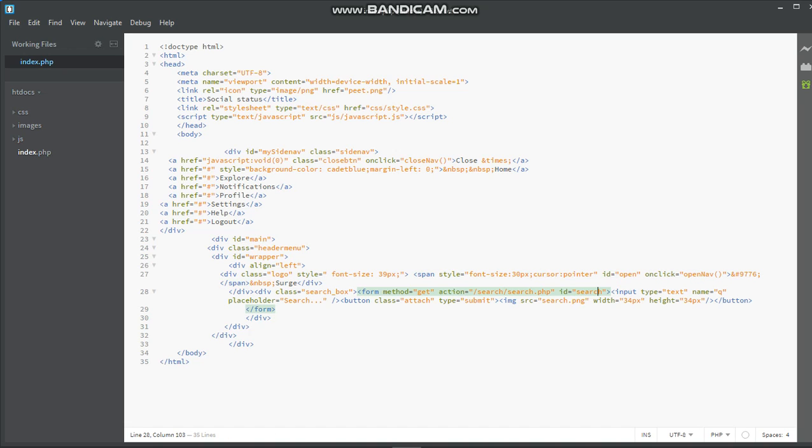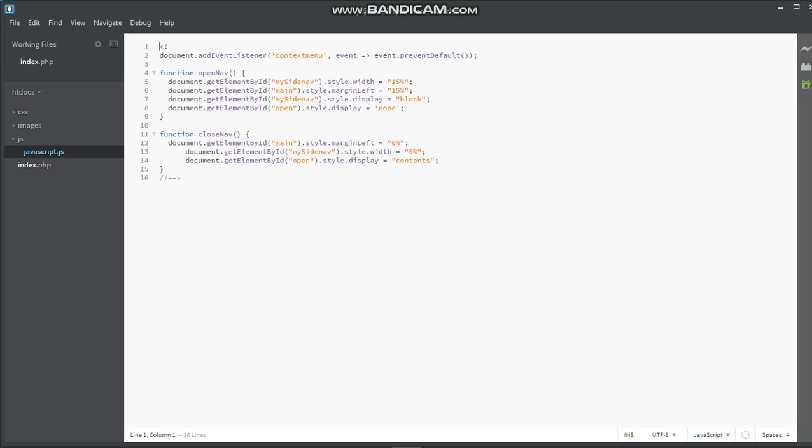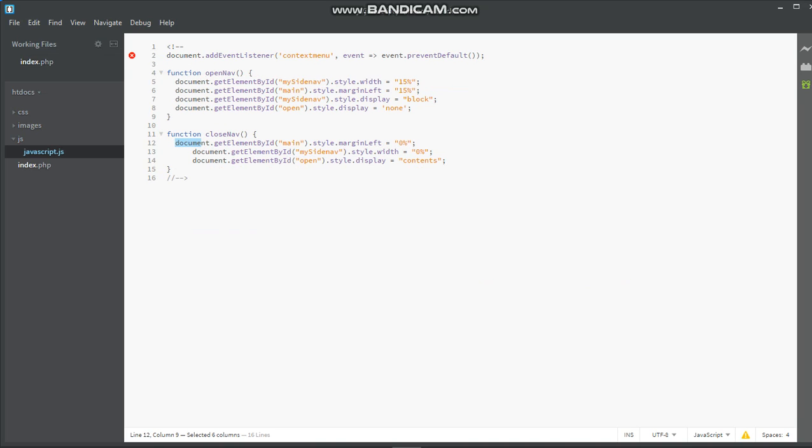Okay, then onclick close nav. This is calling the function close nav. If I go to my javascript.js, you see function close nav. Now I just did something easy there. First of all, let me check what this error is telling me.